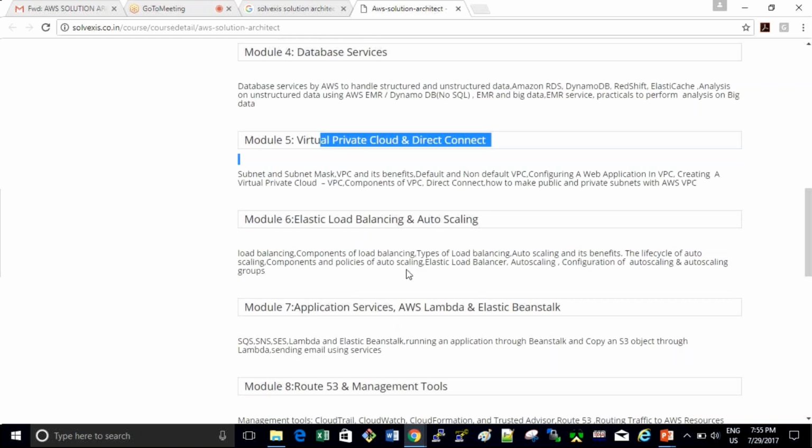Then comes elastic load balancers and auto scaling. You might have heard about them. If not, we'll cover them in depth. Any web application created these days needs load balancers and auto scaling. Suppose you're talking about Facebook. There are millions of users on Facebook, and behind the scenes there are servers giving you service. With that many users coming to those servers, I need a load balancer. Suppose I have 100 servers catering to millions of users.